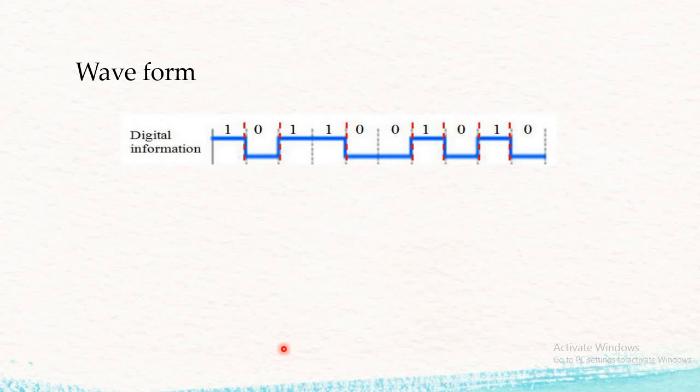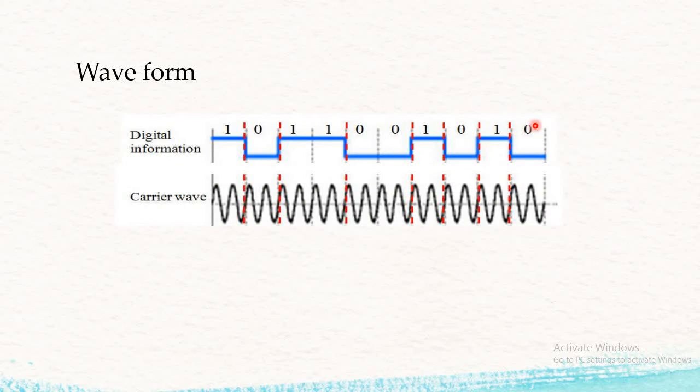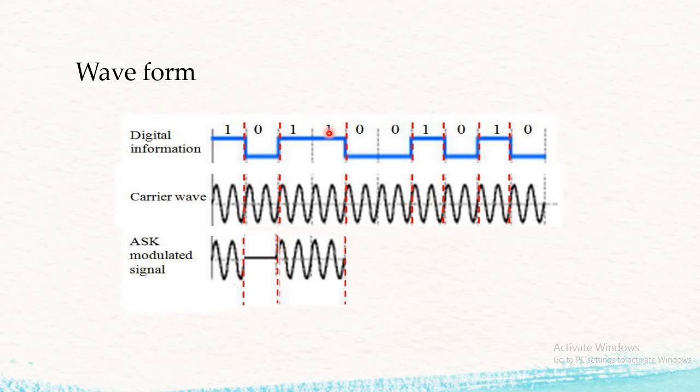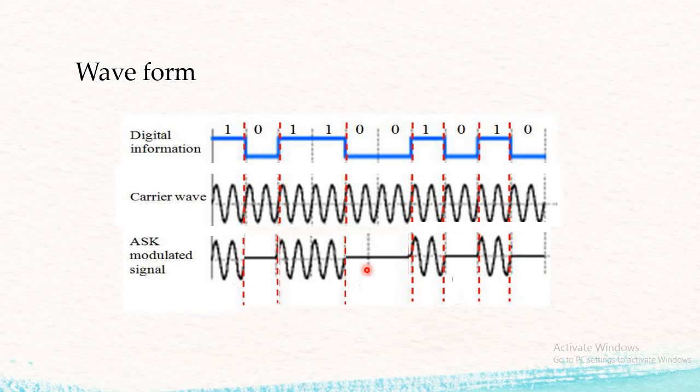The waveform. So first is your digital information, which is a digital signal. Here the digital information is represented as 1011001010. Then we have a carrier. Carrier is nothing but a sine wave. Now, according to the ASK modulation, if my input is 1, my output is the same as the carrier, so the carrier is transferred as it is. For the second bit, your input is 0, so your output is 0 in that case. Next, your input is 1 again, so we transfer the carrier as it is, and so on. Again, if your input is 0, the modulated signal is going to be 0. And likewise we get the output.